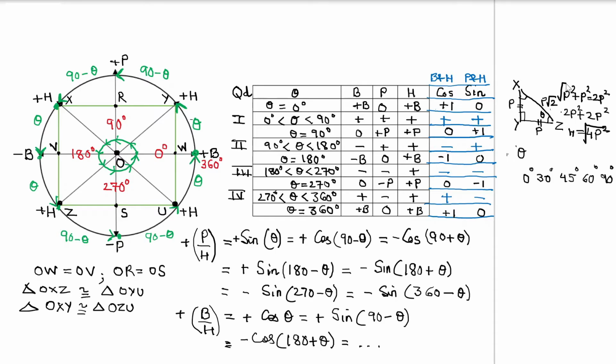So let's say if I take the square root of this, this is what we are going to get, right? So now I know that cos is basically base upon hypotenuse. Let me put this as... so now if I were to see the values of sine and cos, let me take it as sine and cos.